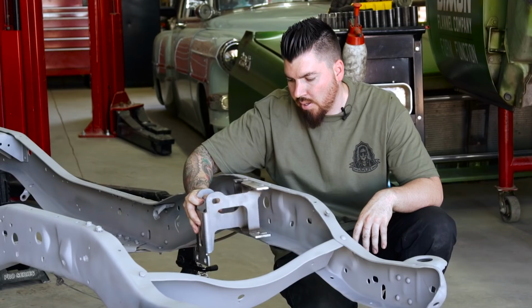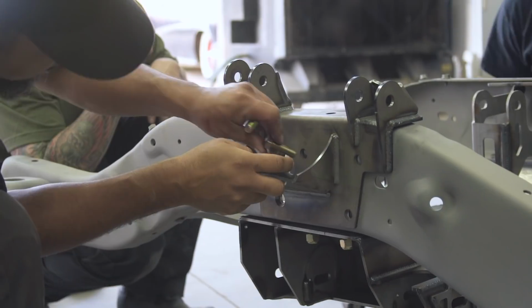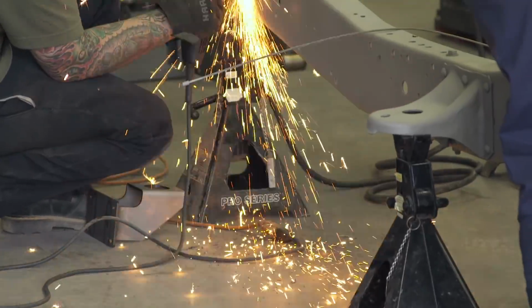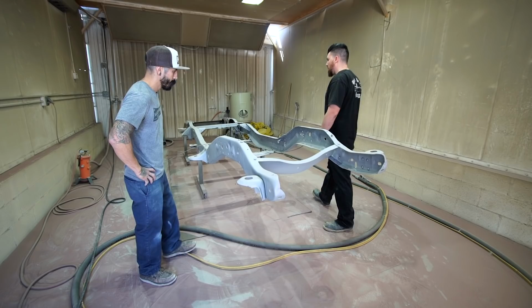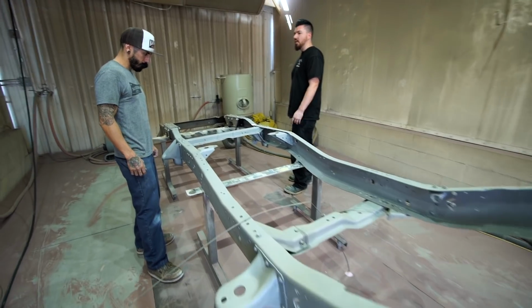The reason that we are blasting the frame today is because we want to get down to the bare metal and have a clean surface to work with, because they're going to be throwing the new suspension on, so they don't want to be welding and cutting with all that old stuff on there and breathing it in while they do so. The other benefits of having a clean frame are that when you go to either paint or powder coat the frame, you'll have a fresh surface and it'll adhere for a very long time. But when it's not clean, to hit it with the plasma cutter sucks, because it just brings all that crap back into the...